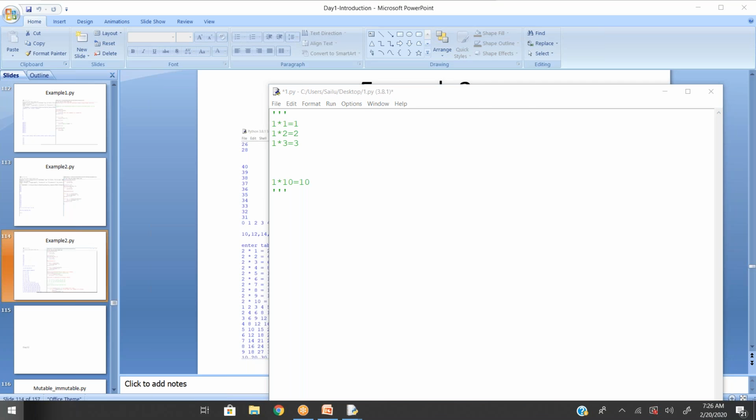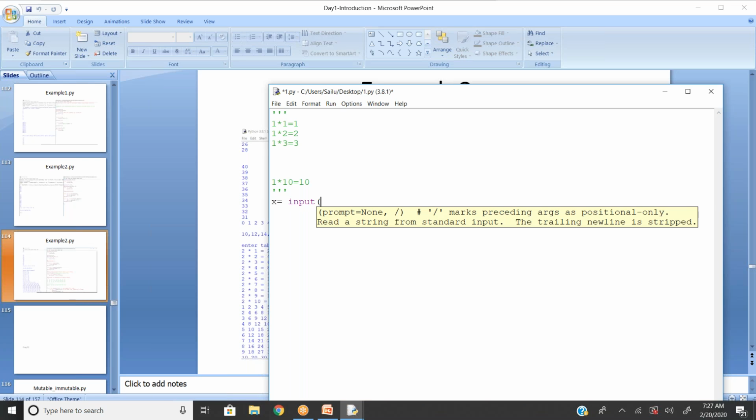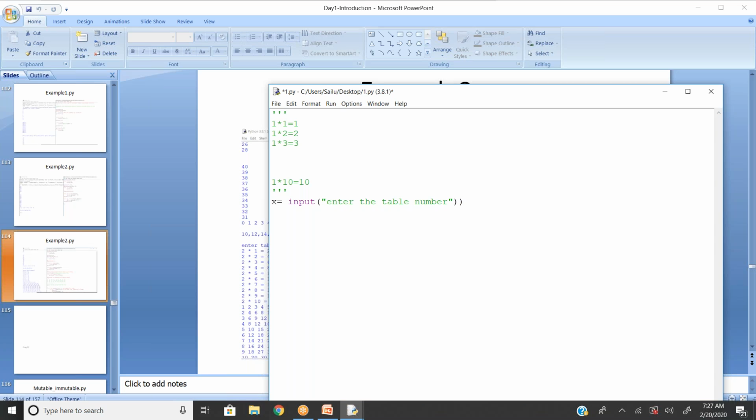X equal to whatever. We can assign the input and enter the number. Okay, I just created it, but right now it is going to take it as a static character. So I just converted it into an integer. Yes, we need to provide the integer. Okay, done. Next, we need to assign the range. Like we talked earlier, 1 to 10 means 1 to 11, we need to provide the range.